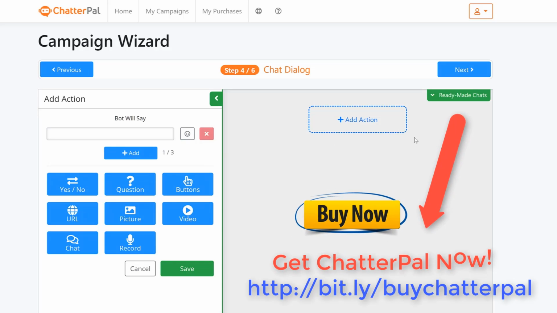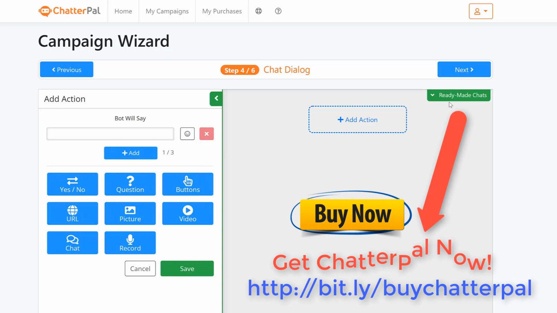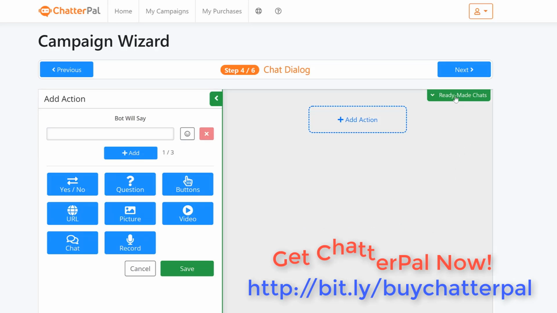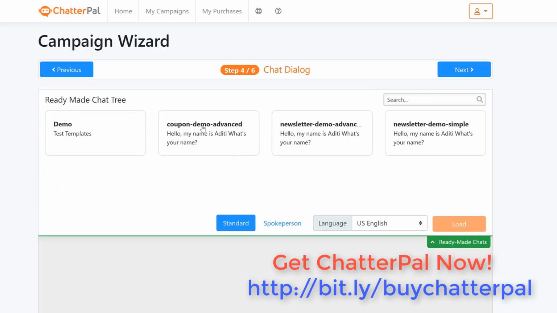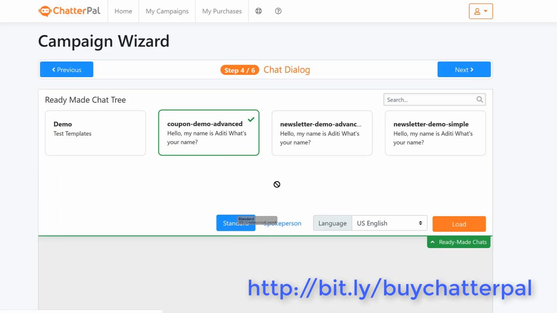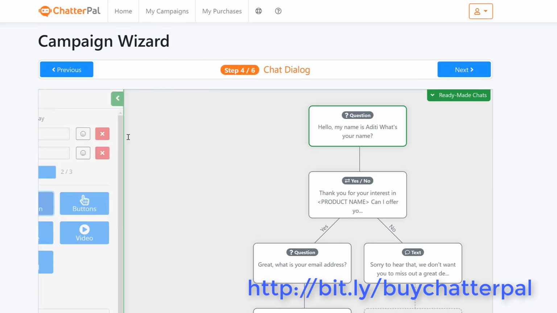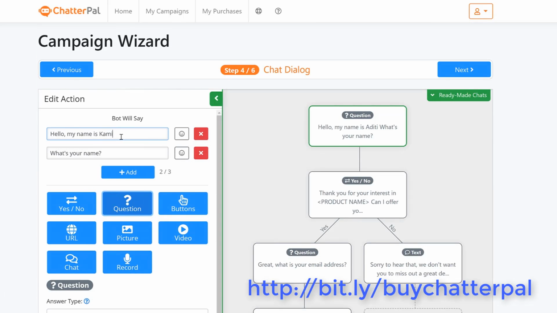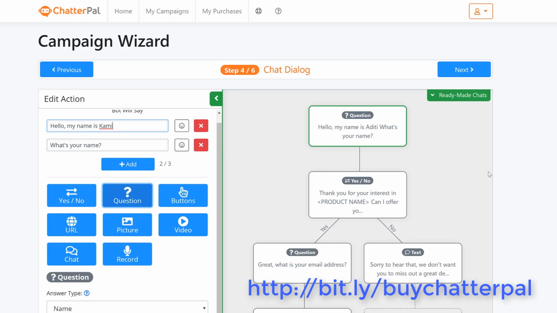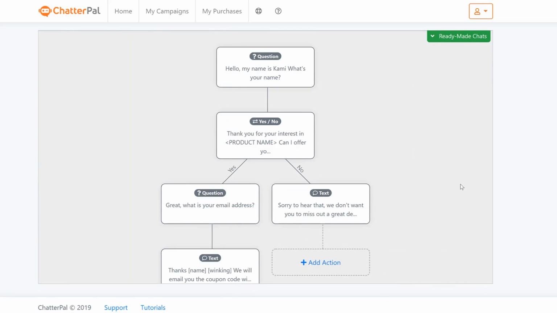And on top of that, you can also collect their email without having to build any forms and that sort of thing. I'm just gonna do the easy setup here, which is basically using one of the ready-made chat flows, right? And I'm gonna just click load, and it's gonna load us a ready-made chat flow. So you can change the name. So I'm gonna change it over to Cami, and then once you've done that, click save,